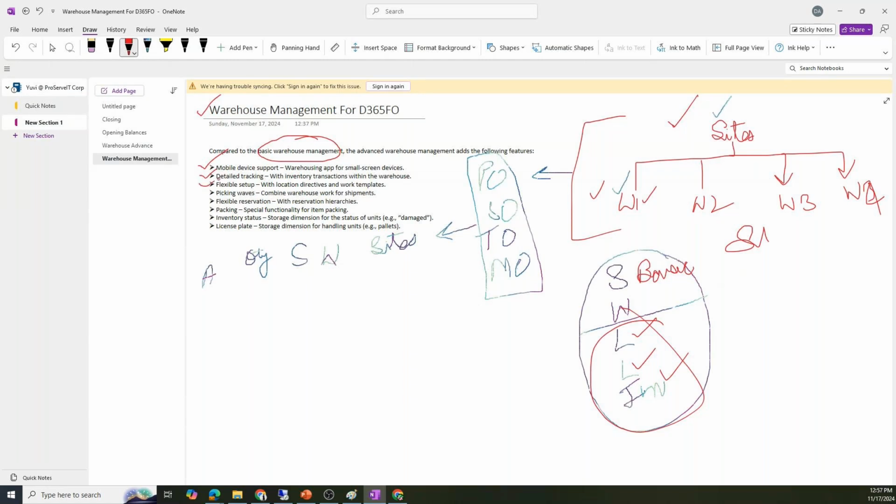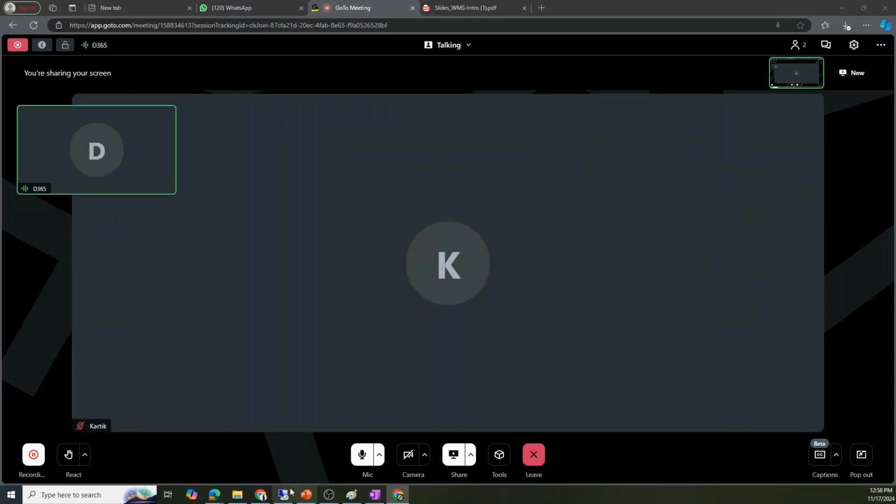Flexible setup with location directory and work templates. We will define the work templates also. There is a picking waves, combine warehouse work for shipment. There is a flexible reservation also and packing. Okay, so these seven, eight things will come to you automatically when you are enabling the advanced warehousing concept. That's why we have to enable this